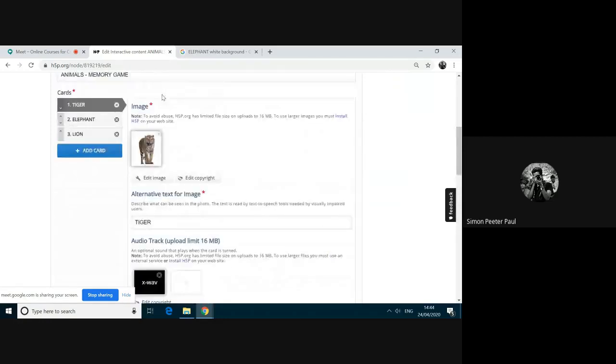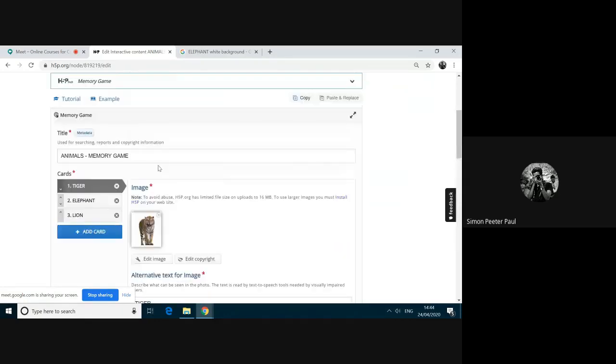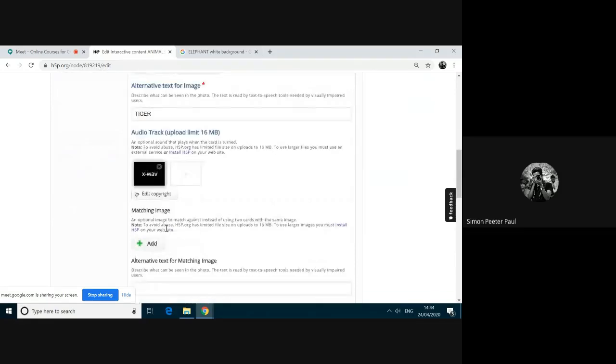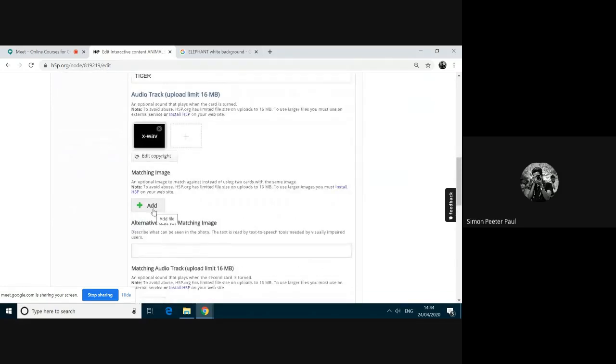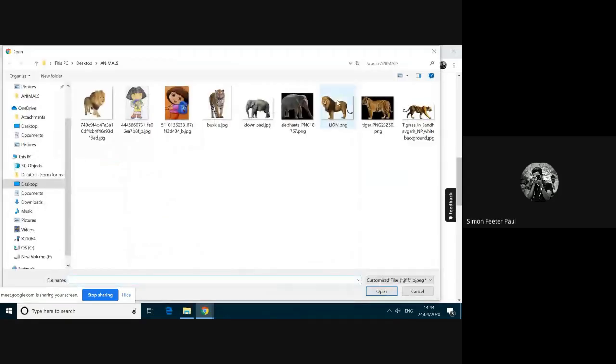Suppose I'm adding a bat, I can add a ball here. If I am not adding, this tiger itself automatically gets generated into another card. For example, I'm adding one more matching image for this tiger.